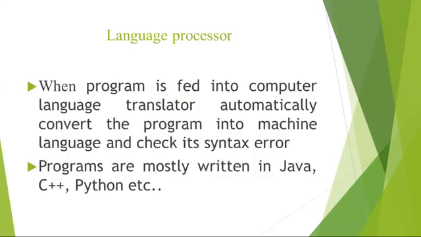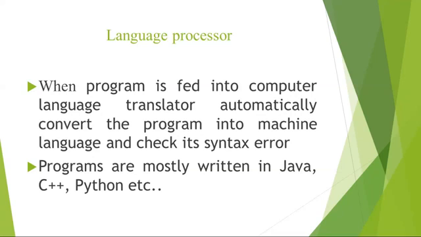When a program is fed into the computer, the language translator automatically converts that program into machine language. As we know, a computer works with the binary format, that is zeros and ones. So a program written in any other language needs to be first converted. Not only does the language translator translate the program, but it also checks for syntax errors. If we have written a program with a semicolon error, it will indicate that at this step you have an error in your program. The program can't be executed until and unless the error is removed.